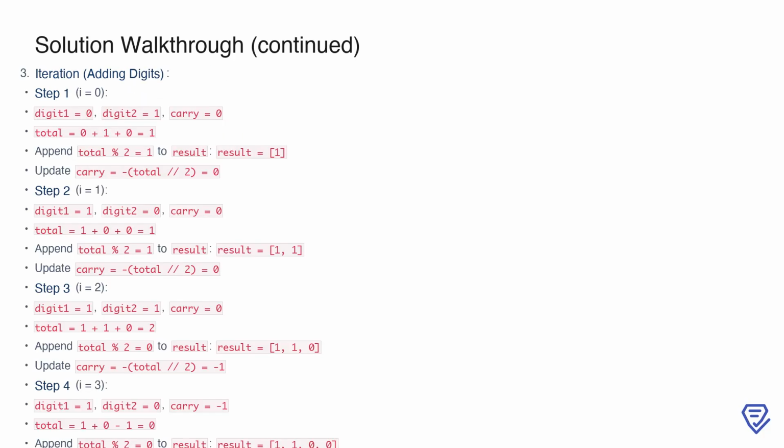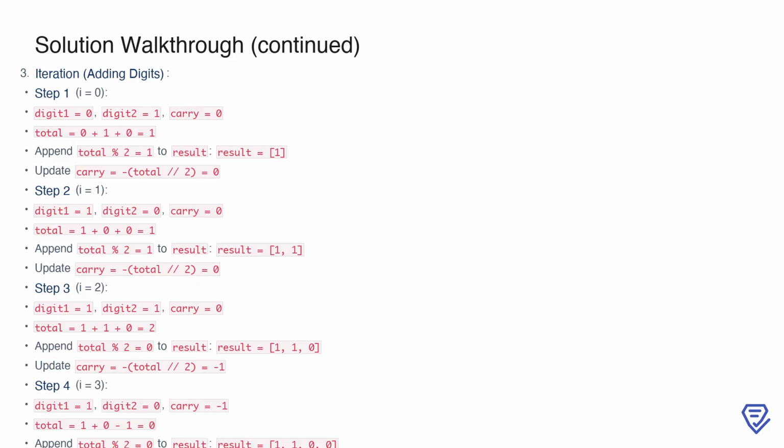Now we begin iterating through the digits of the reversed arrays. For the first step, we add the digits at index 0: digit 1 equals 0 from ARR1, digit 2 equals 1 from ARR2, and carry equals 0. Their sum is total equals 0 plus 1 plus 0 equals 1. The remainder of total when divided by 2, which is total % 2 equals 1, is appended to result, so result equals 1. The carry is updated to the negated integer division of total by 2, which is